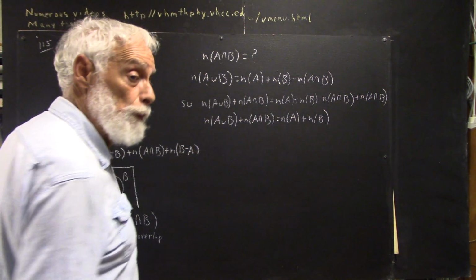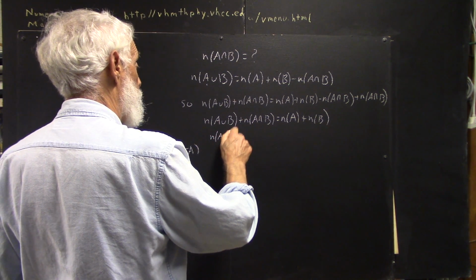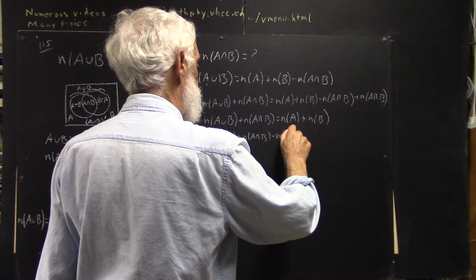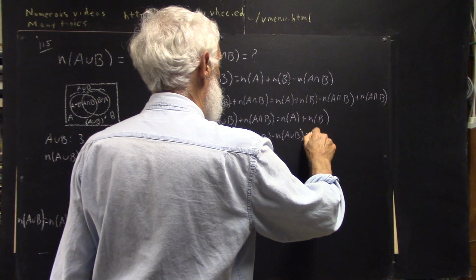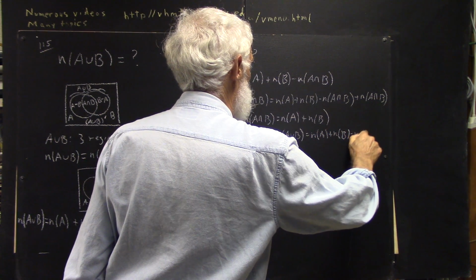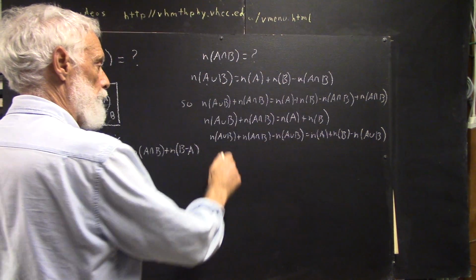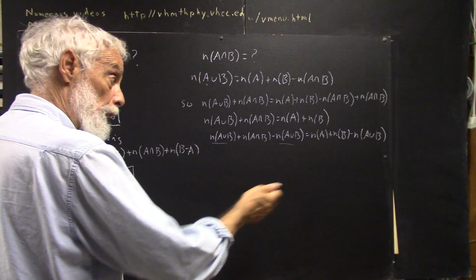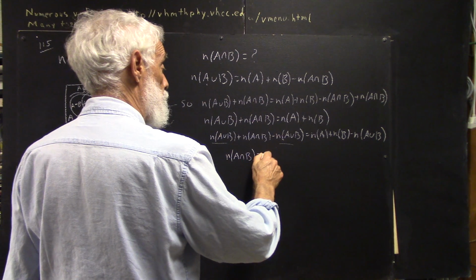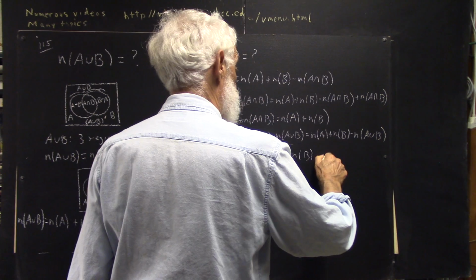We'll just be left with number in A intersection B. So we'll do this: number in A union B plus number in A intersection B minus number in A union B equals number in A plus number in B minus the number in A union B. Okay, so this and this are equal and opposite, they subtract, and now we're just left with the number in A intersection B,